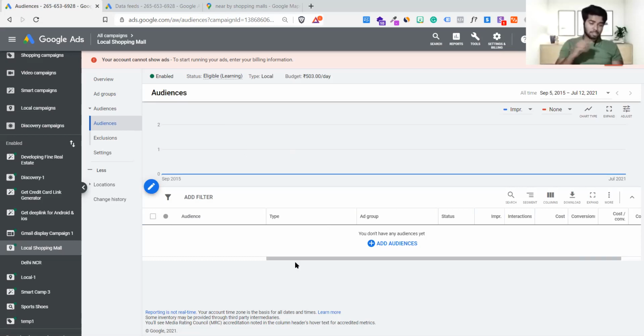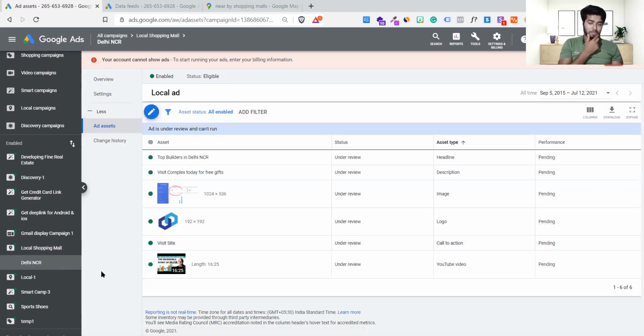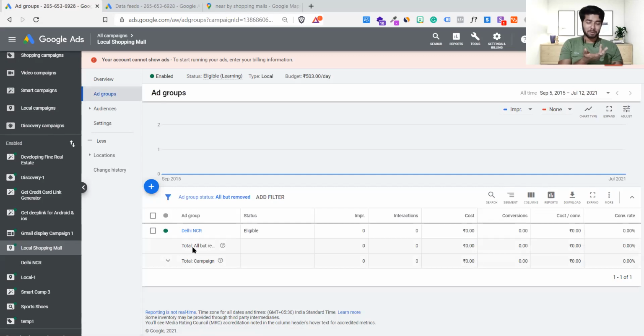Now you guys ask why we need an audience. You tell me why we need an audience right now. Because without an audience, it can be clicked by anyone. Of course, it can be clicked by anyone. This campaign was created like a search-based, display, or YouTube campaign, but it didn't ask about the audiences. Getting it? It didn't ask what type of audience you want to target.